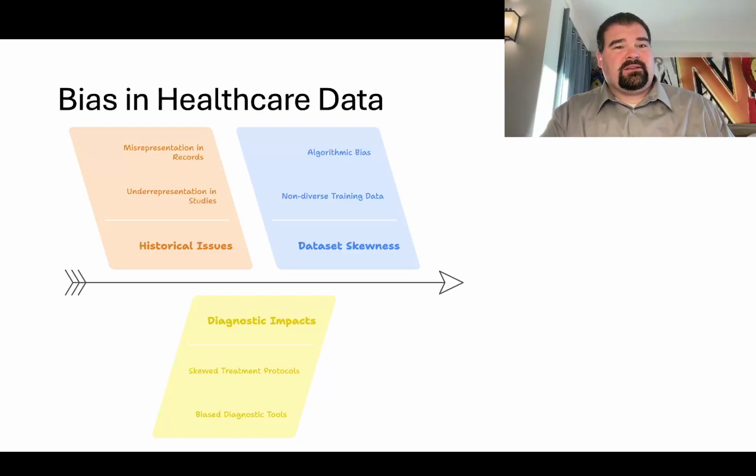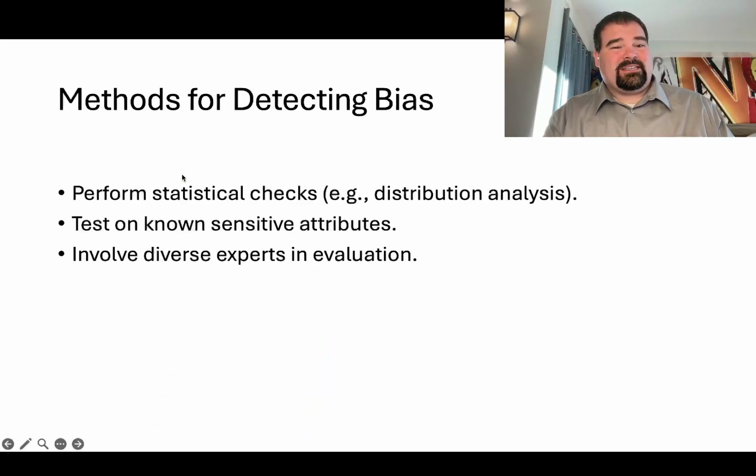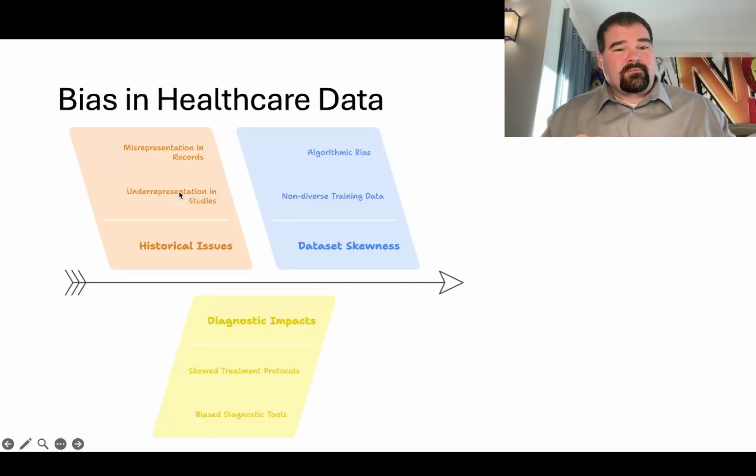Because large language models are predicting the next word and regressing to the mean, if you give a large language model 80% examples where people are being misrepresented or underrepresented, the large language model is just going to keep perpetuating that same thing. And so that's part of why we need to look at the skewedness and deal with it. And then in terms of diagnostic impacts, so actual clinical care,